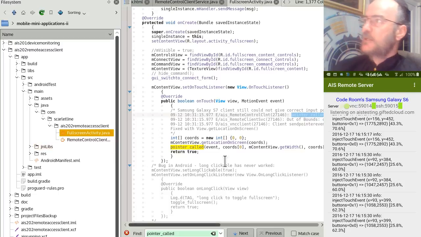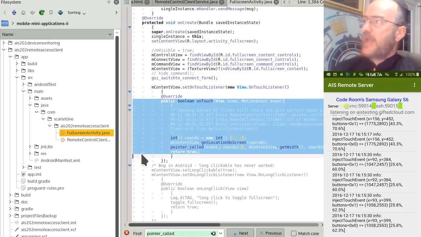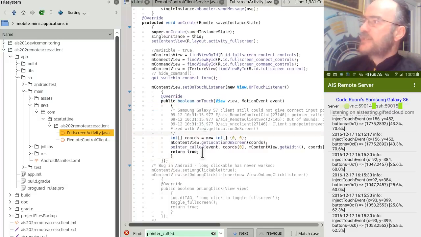If you look in, first of all, we're looking in full screen activity, as I said, the UI, and when it's created, on create, it sets up a touch listener. Now this may not be surprising. It's a pretty standard GUI. On the touch listener, we put our on-touch function, and every time somebody touches the screen with one or more fingers, what we do is capture the location on screen and then call pointer called with the X and Y coordinates